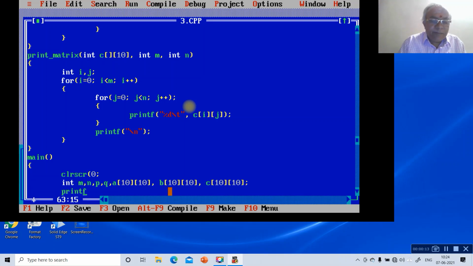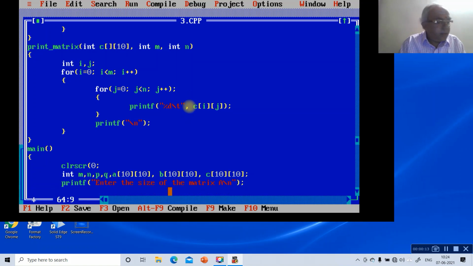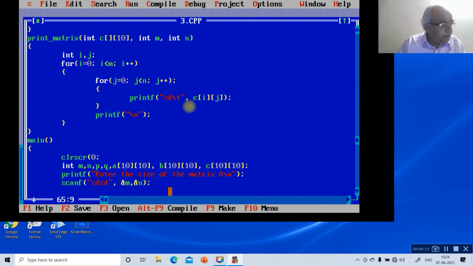Then printf "enter the size of the matrix A", scanf("%d %d", &m, &n). Then read_matrix(a, m, n).